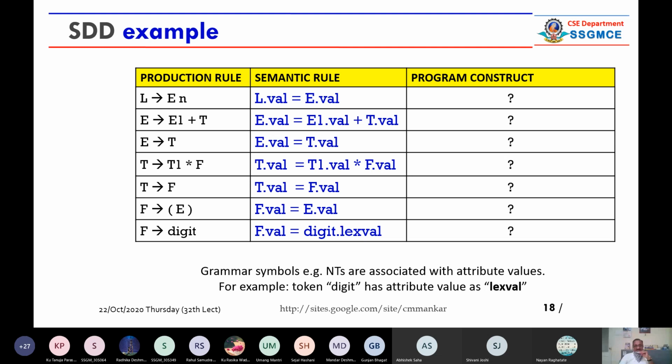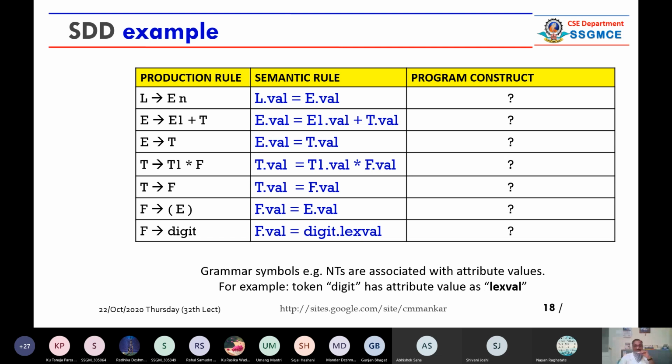It is only for representing the difference between the T on the left hand side and the T on the right hand side, because the computer doesn't know that. You have to tell it which is on the left side and which is on the right hand side. That's why we are marking it with E1, E2 like that. Or you can put dash also: E1, E dash, E double dash, triple dash. It is only to distinguish the particular symbol.